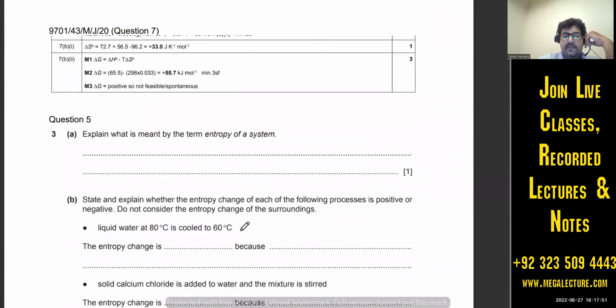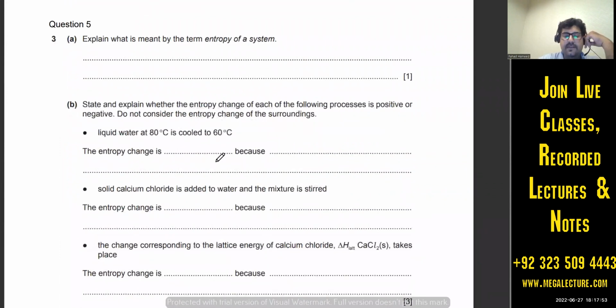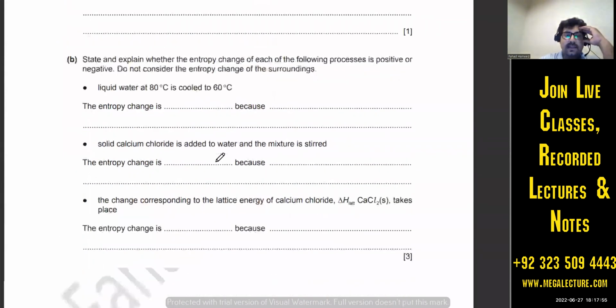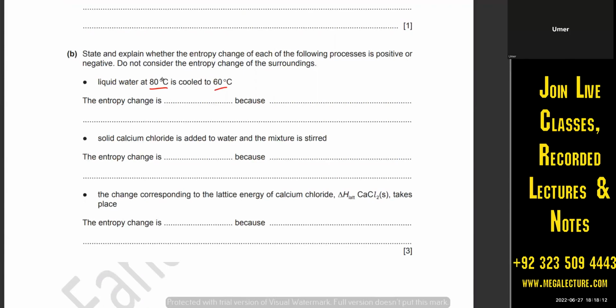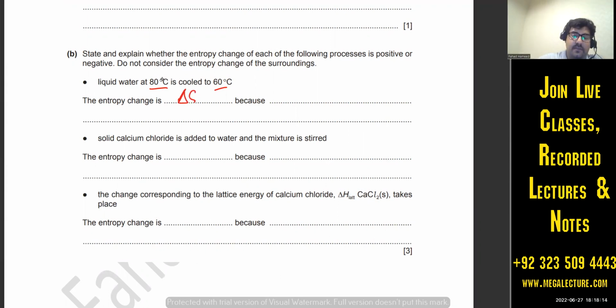Entropy is a measure of the disorder of a system. Liquid water at 80 is cooled to 60. So the entropy change is what? Negative or positive? Less disorder or more disorder? Less disorder. Okay, so delta S is negative. And why? Because the molecules are losing kinetic energy,